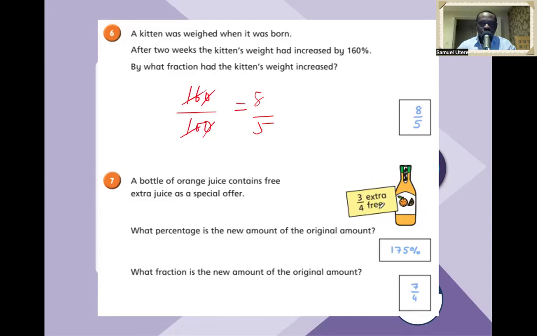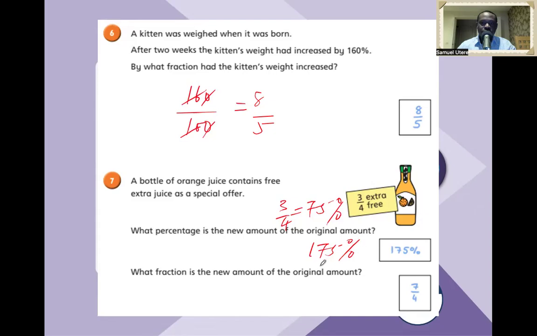Okay, a bottle of orange juice contains extra juice free as a special offer. So 3/4 extra free. You can see the bottle of juice. What percentage is the new amount of the original amount? Okay, so the original amount is always a whole, 1. So if you're adding 3/4, the new amount is 1 and 3/4, which is 175%. Remember, 3/4 is 75%. So what they've done is they have made the bottle slightly larger. So you're now getting, for the same price,